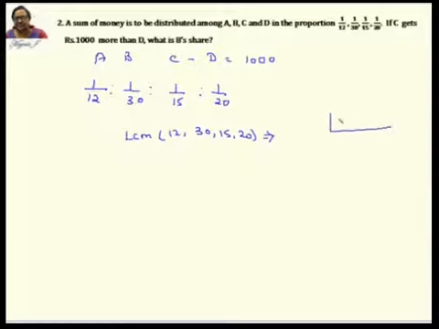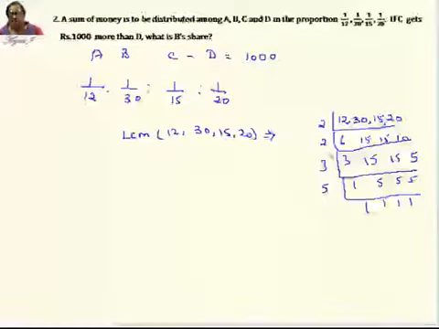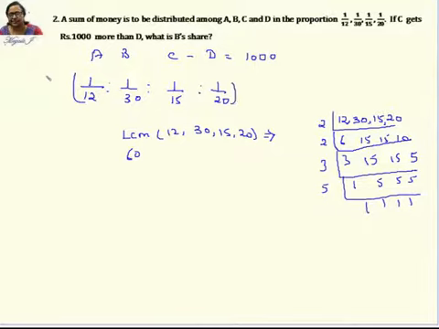You can do it directly. I think in the class I have explained several times that LCM is very important. Most of the problems will need it. Those who have problems can do it in this way. You just take out this 2 from this, this is 16. So what is the answer here? 60. So you multiply throughout by 60. For any ratio, you can multiply by any number. It is not going to change the ratio. So when you multiply, the first one is 5, the second is 2, the third is 4, and the fourth is 3.